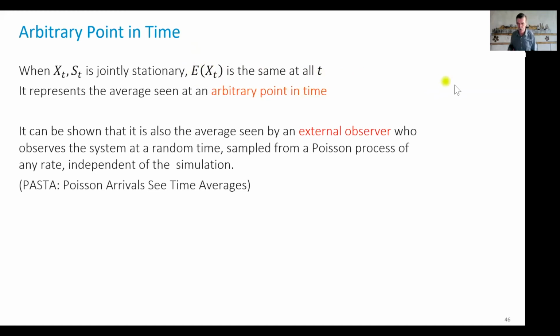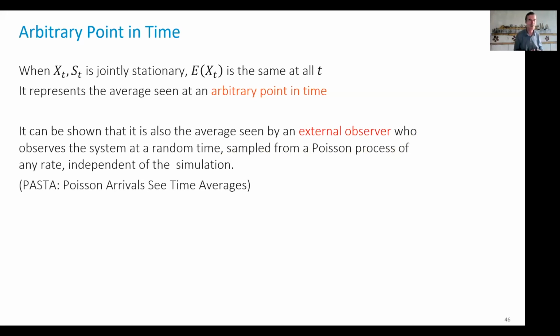That's the theoretical interpretation. There's another, more physical interpretation, which we will see next week, which has to do with the so-called PASTA property. It can be seen that this mathematical formulation is also exactly the sampling we would get if we sample the system according to a Poisson process. In fact, I said it's not possible to sample the time uniformly at random, but it is possible to sample a process of time points uniformly using a Poisson process. Except if you do that, you will need to say what the rate is.